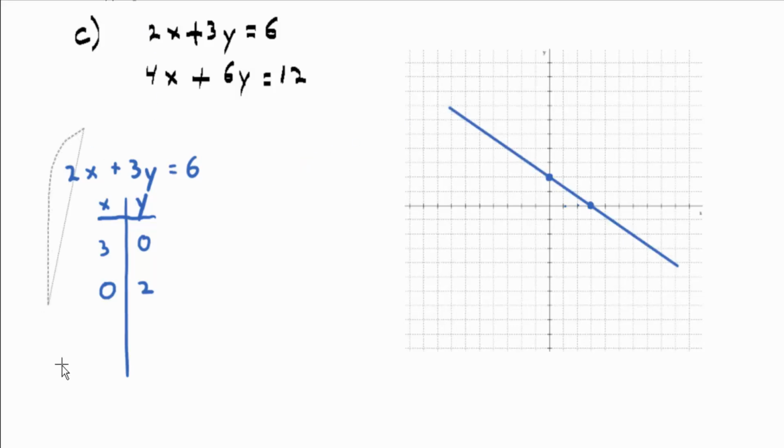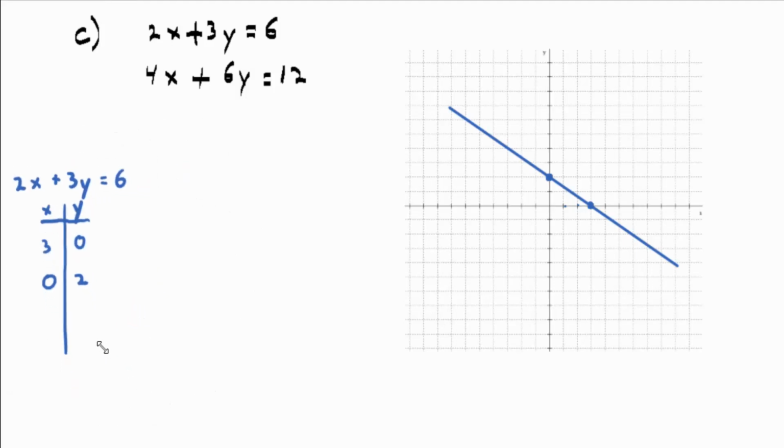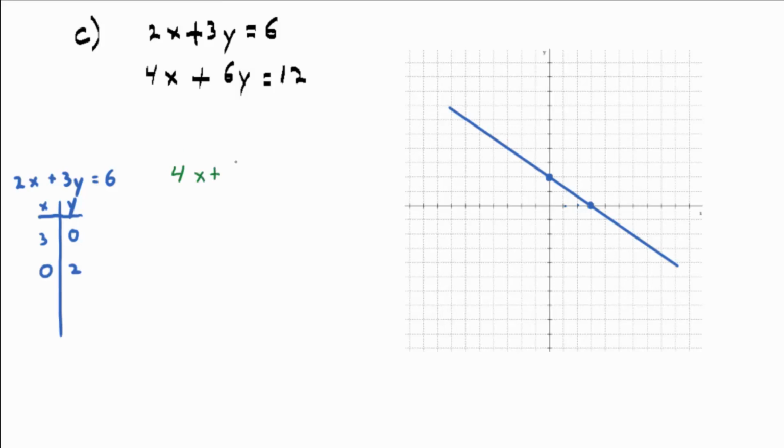Okay, just for the sake of argument, let's use a different method for the second equation. I mean, it would be best to use intercepts as well on the second equation, but let's not, just because it might be too obvious what the answer is going to be. So let's maybe solve it for y, just for fun. How do we do that? Okay, start by subtracting 4x. That gives me 6y equals